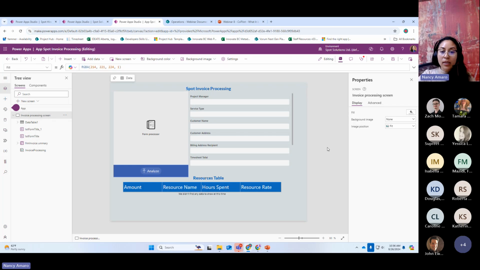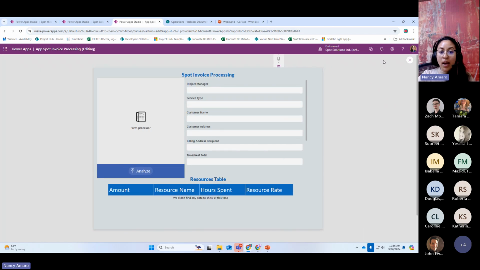Let's jump to the third model. So the third model is about invoice processing. This model is very helpful because as any organization with an invoice processing and templates in place, this optimizes the time that we spend in collecting information from our invoices and doing further reporting on it. So the model